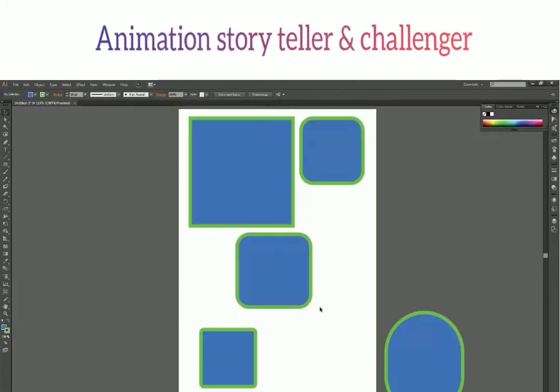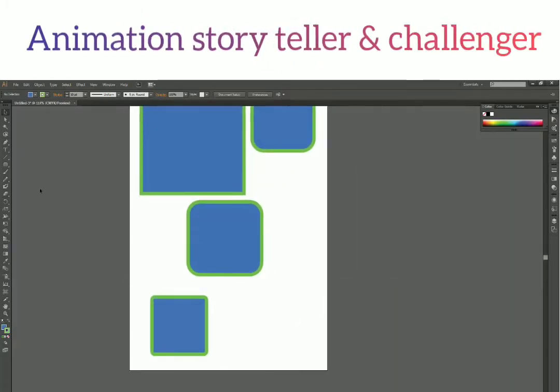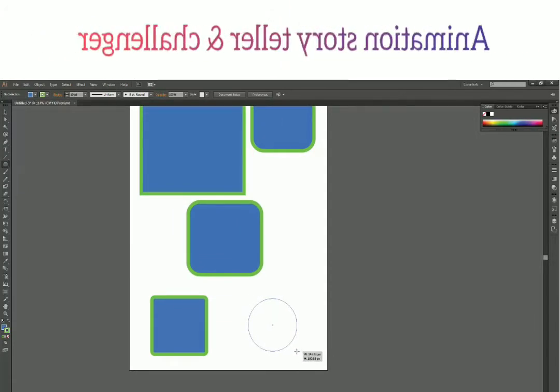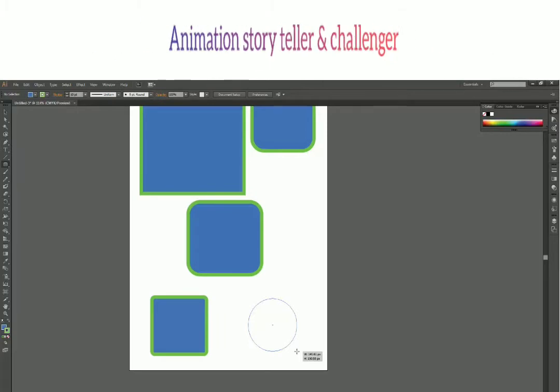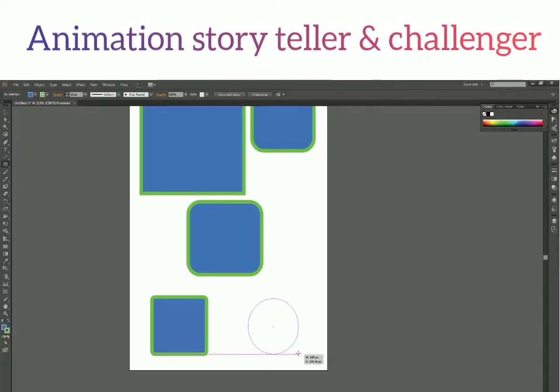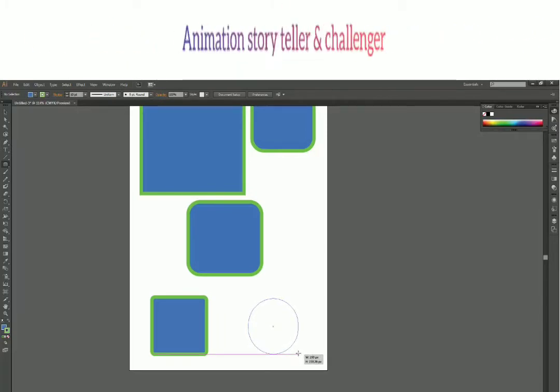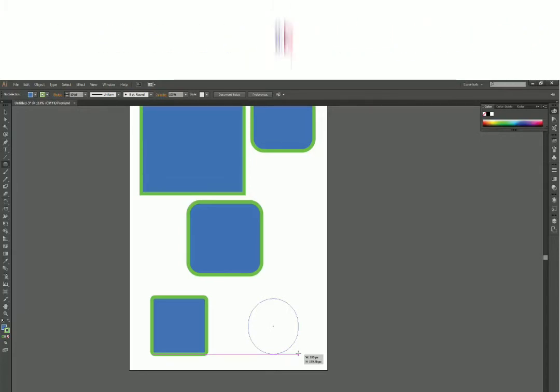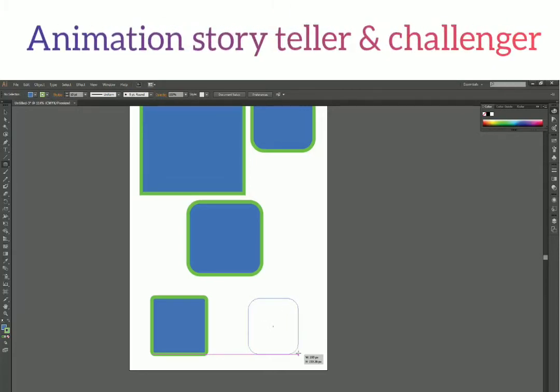Now when you draw your rounded rectangle and you are pressing the down arrow key to make corners sharp, it won't reflect changes at all, because the value has changed to such an extent that it will take a lot of time to come back to 0. So now it has reflected.